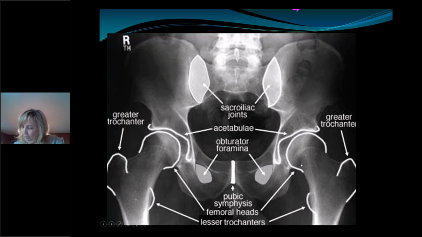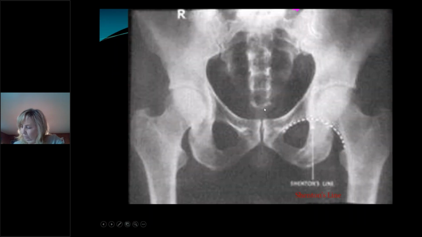But when the femoral neck is broken, that's a whole different story. Those are the ones that absolutely require operative management and are not able to be ambulated. I mentioned Shenton's line. Shenton's